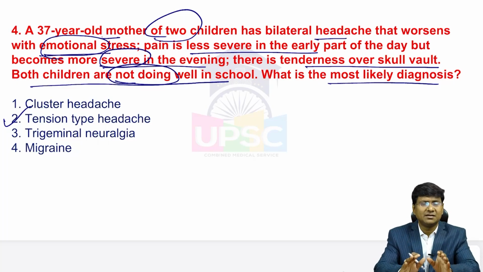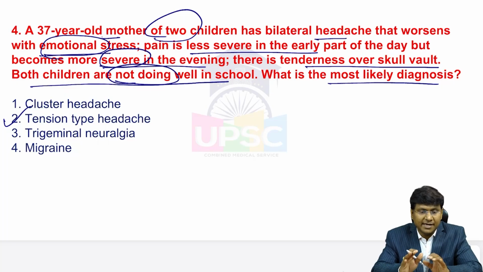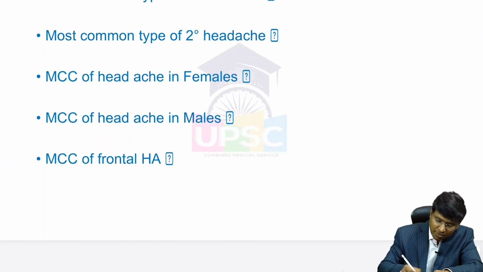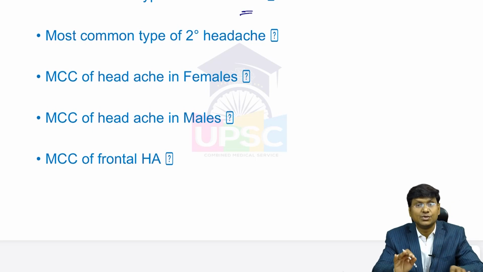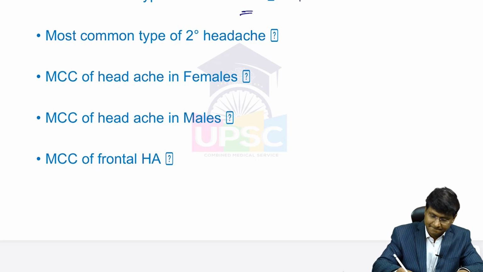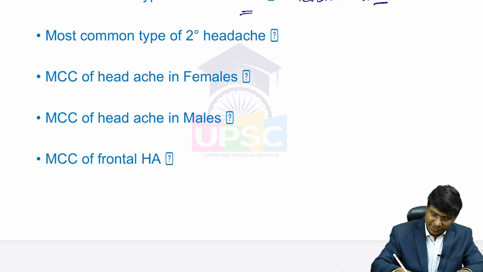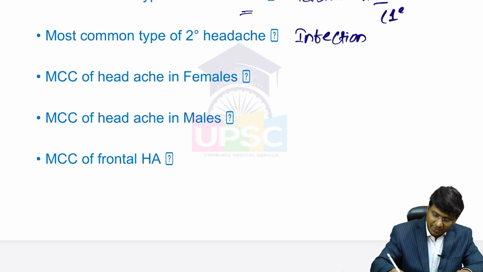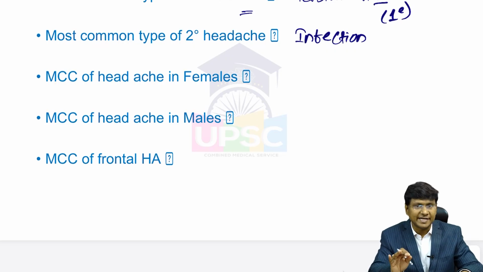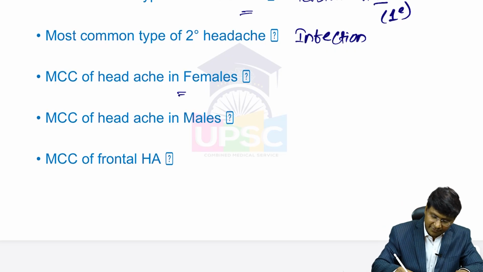Now, if you see the classification of the various types of headache, I'll be discussing in detail the migraine, cluster headache, tension headache, as well as paroxysmal hemicrania and SUNCT. So the most common type of headache is the tension headache, right? This is a primary headache. And the most common type of secondary headache is due to infections. And the most common cause of headache in females,